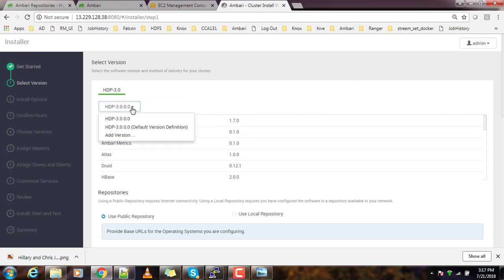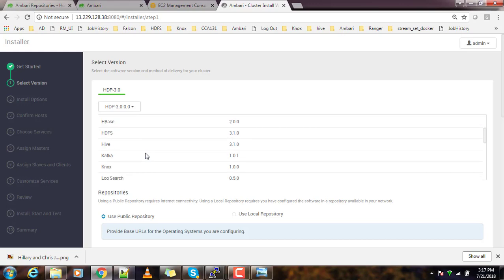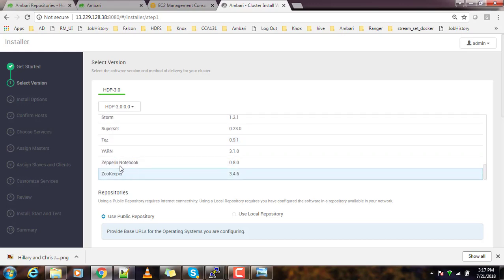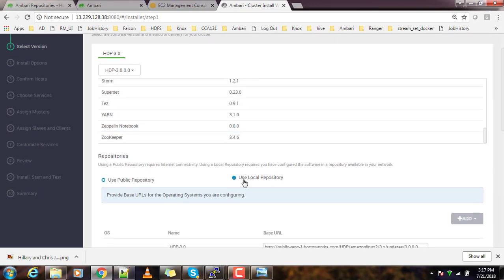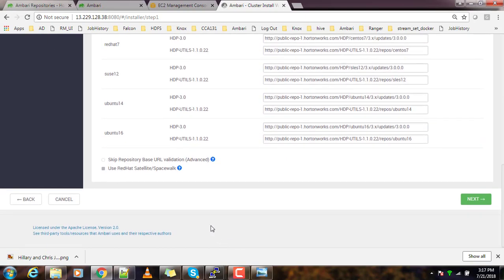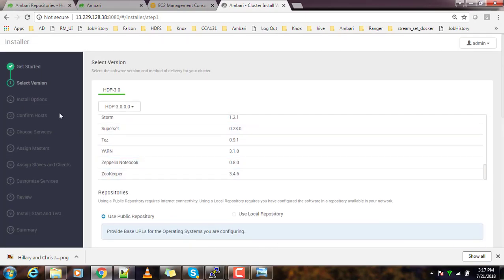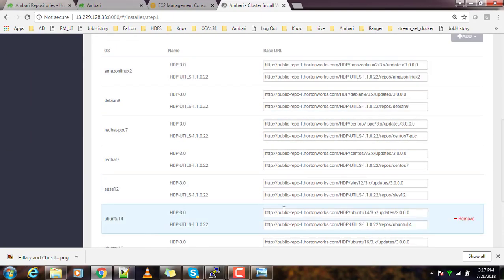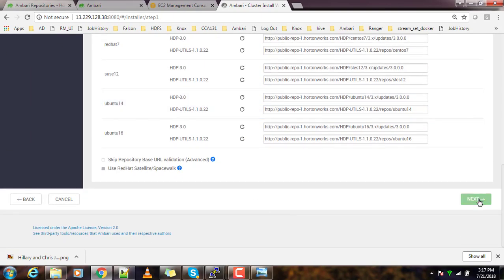Then select the version of HDP. So select the default version and the public or local repository option is here. So it's more or less the same as previous versions, but the look and feel is completely changed here. Okay, so you can continue next,